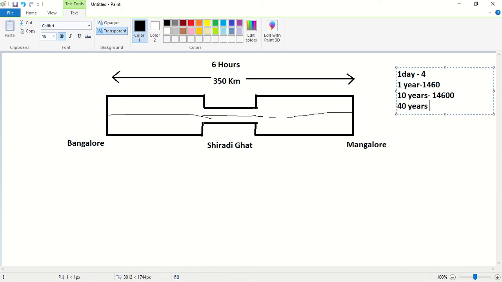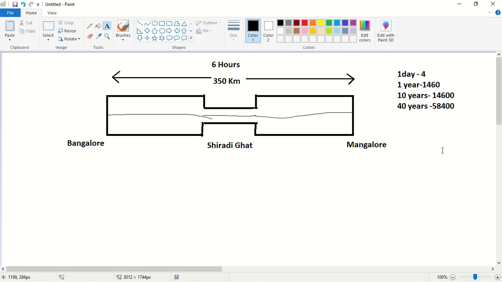In 40 years, around 58,400 vehicles can travel on this Bangalore and Mangalore highway. If this is the case, we may never get a chance to reach Mangalore in our own vehicle, because our vehicle may not be included in these 58,400 vehicles.